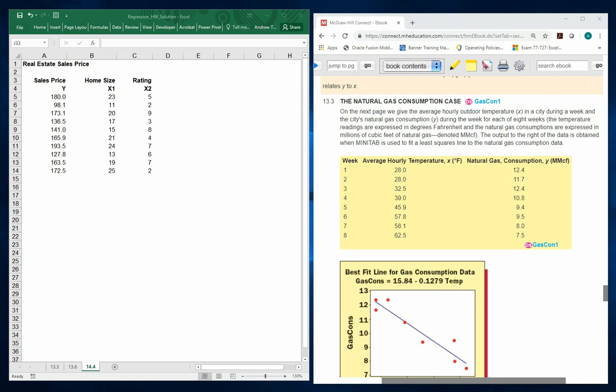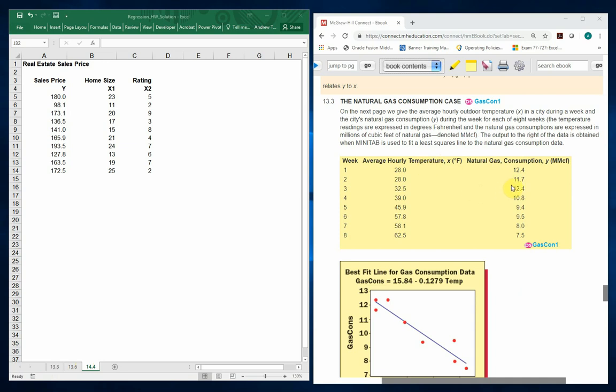Okay, this video goes over chapters 13 and 14 homework solutions. Out of chapter 13, you're supposed to do problems 3 and 6, and then out of chapter 14, do problem 4. So problem 3 out of chapter 13, they give you some data, and what they're wanting to know is